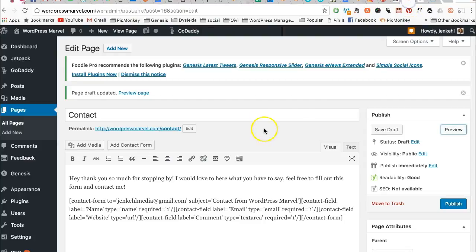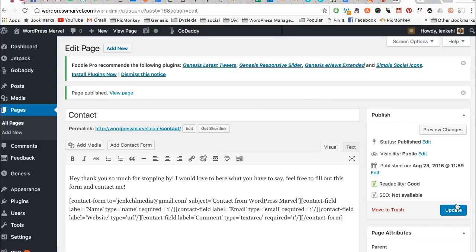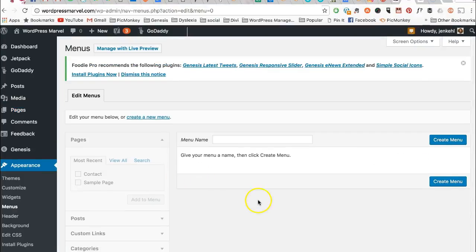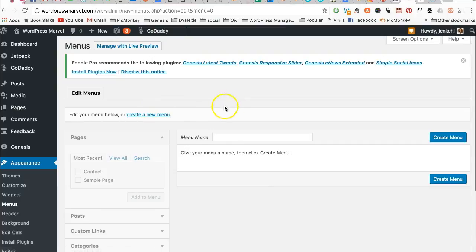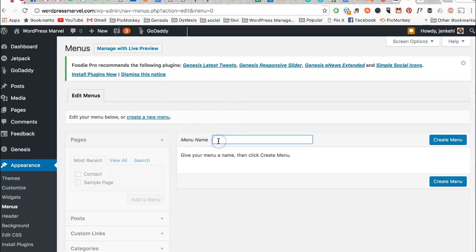So now I'm going to publish this and go back and show you how you add that to your menu. Okay, great. So we're going to go to Appearance, Menus, and right now I have no menu, so here's a little lesson on how to create a menu if you haven't already. I'm going to call mine Primary Navigation, create the menu,